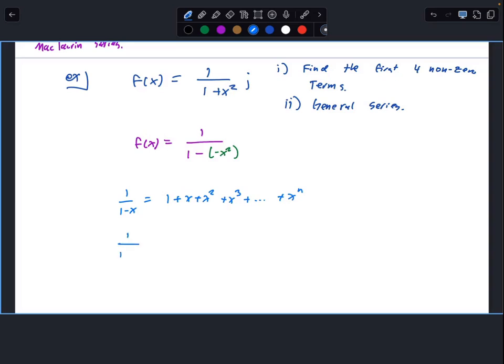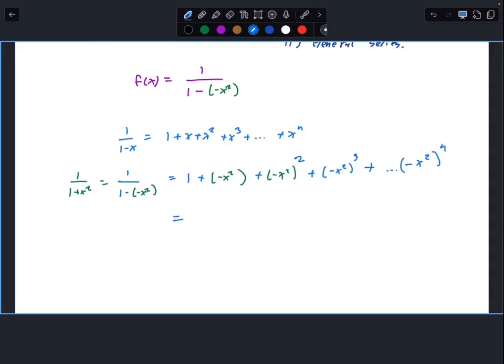Therefore, 1 over 1 minus negative x squared, which is, of course, 1 over 1 plus x squared, is going to give me 1 plus negative x squared plus negative x squared, and I'll stop doing that, plus negative x squared to the third, plus dot, dot, dot, plus negative x squared to the nth power,